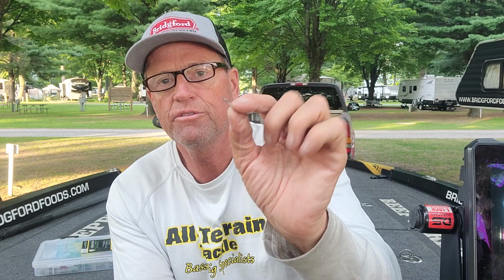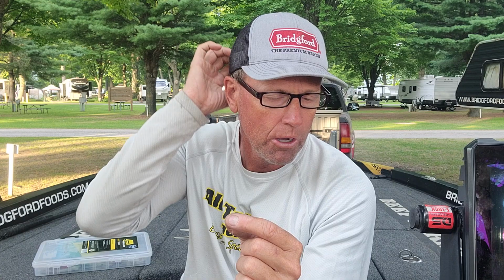It helps you be more efficient. The other thing it helps with, if you use braided line it's not so much of an issue, but line twist with fluorocarbon can be an issue, or with monofilament. So the swivel helps prevent the line twist, and I really have a problem with line twist if I'm doing a lot of short pitches with my drop shot,